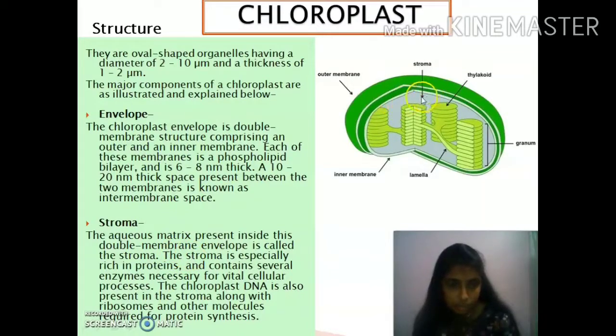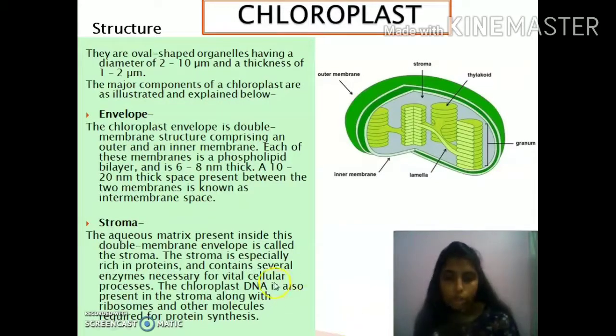That is the ground substance, this one, the liquid substance which is present inside the chloroplast, which holds the different structures inside the chloroplast, is termed as the stroma. You can see it is marked here, stroma, this one, the aqueous fluid which is found inside the chloroplast. Clear? Next, the stroma actually contains different types of structures. So it forms a medium in which different types of solute substances are dissolved within the chloroplast.